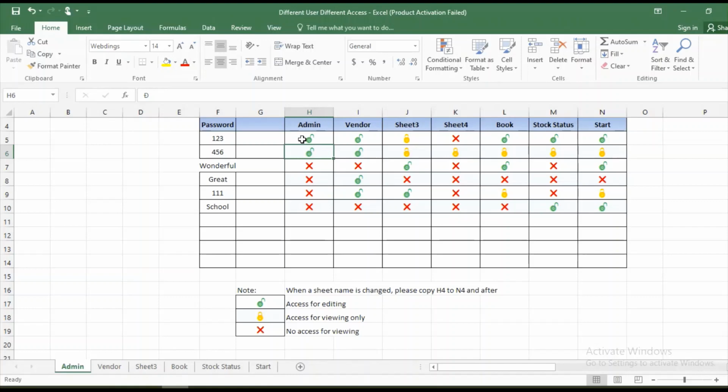And today I'm not telling you how to edit or how to create this VBA. I will just give you a link below. You can download it. I will give it access